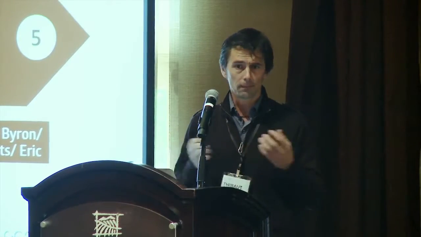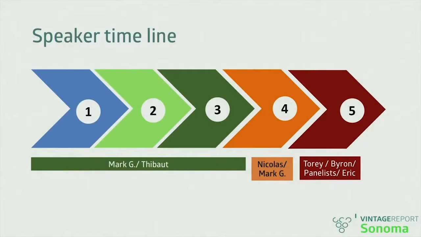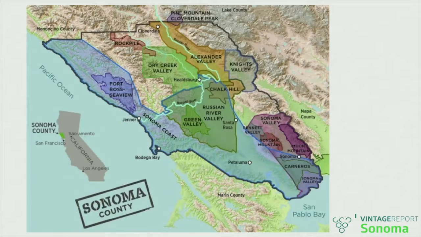So in order to keep that time frame, Mark Greenspan and I are going to intertwine our conversation. So we will talk about periods 1, 2, and 3 together. And then we will move on to stages 4 and 5 to focus more on the fruit. So with that being said, what are we going to be seeing? Essentially, I'm using here the slicing of Sonoma into the distinct regions where we have networks of environmental sensors looking at global radiation, vapor pressure deficit, wind speed, and rain amount.